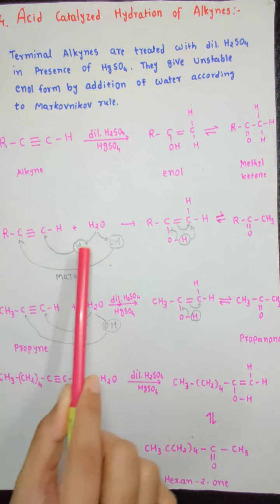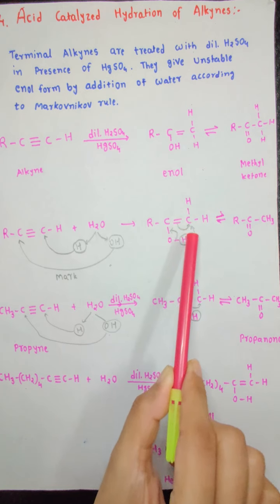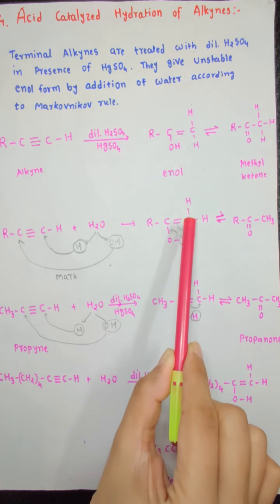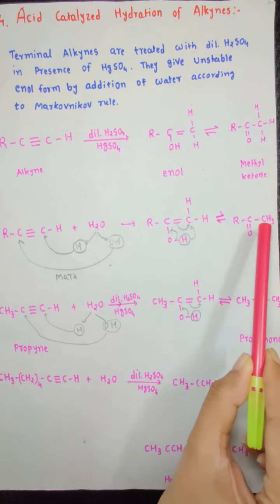See, RCOH connected with this carbon, then double bond, then hydrogen connected to this carbon. So we get this enol form. Now this enol form rearranges itself in this way that the OH bond electron shifts between carbon and oxygen, and this carbon double bond carbon electron shifts on this carbon, and the H plus released by this oxygen now gets attached to this carbon to give you methyl ketone. Okay. Now let us take an example.